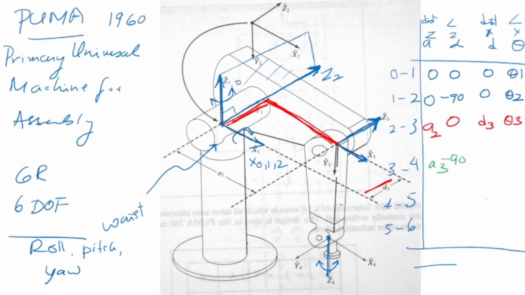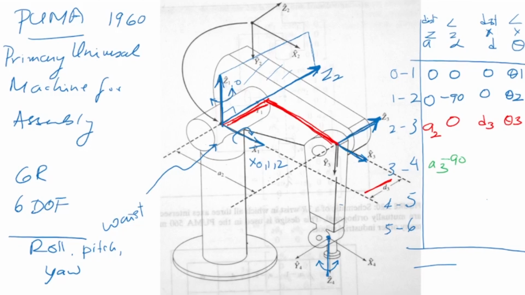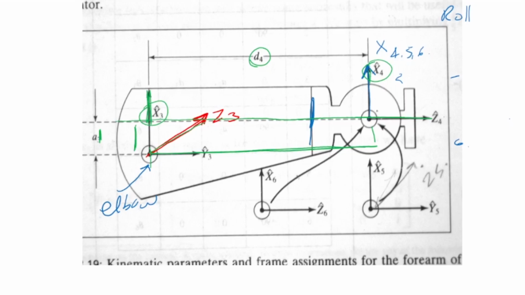And what is the distance between the x-axis? So if you look here, x3 is this side, x4 is that side. So distance is d4. So this is my d4 and that's my theta 4. Now if I look at the fourth and the fifth axis, fourth is here, fifth is that side, that's my z5. So there is an anti-clockwise rotation of 90 degrees and they're intersecting at a point.